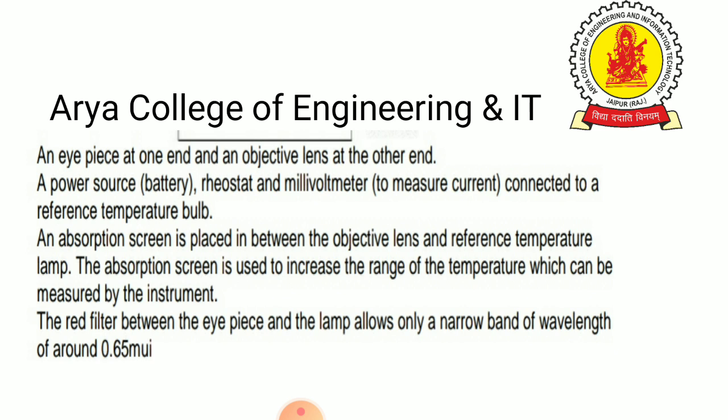The absorption screen is used to increase the range of temperature which can be measured by the instrument. The red filter between the eyepiece and lamp allows only a narrow band of wavelength of about this range, and